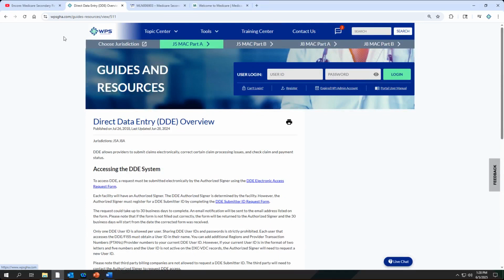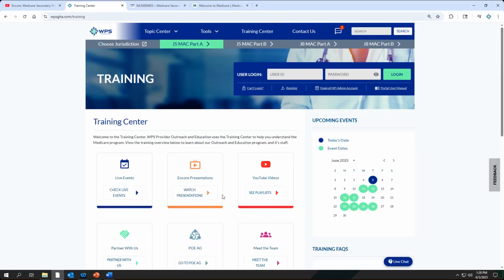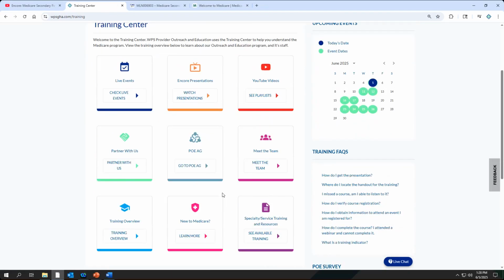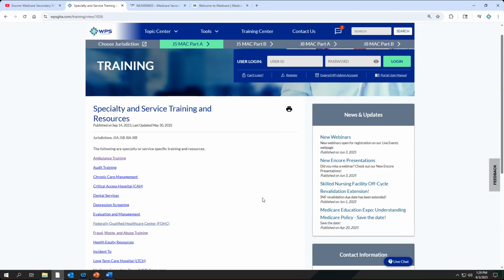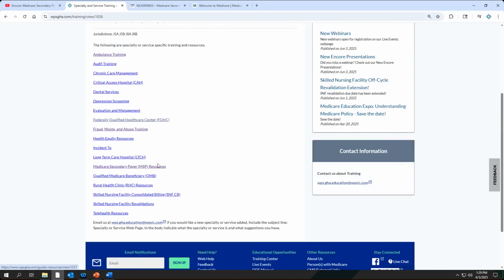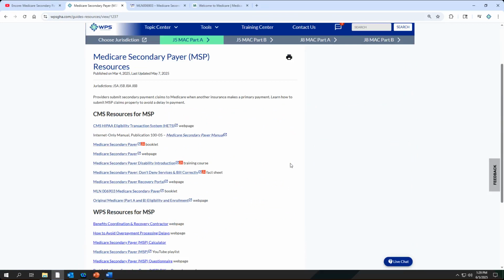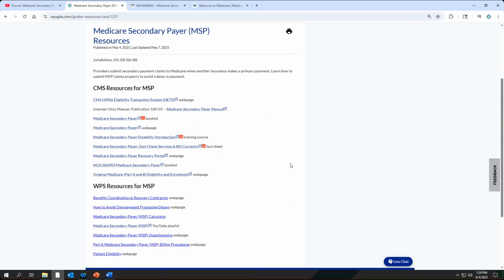If we go to the training center and scroll down, the last item on the right column is specialty and services, training and resources. By opening that, you'll be given a list. Medicare Secondary Payer resources is one, and on that is a list of resources. Where do I go to find out what I need? How do I get the information that I want? In particular, the question you actually asked about would be within the,